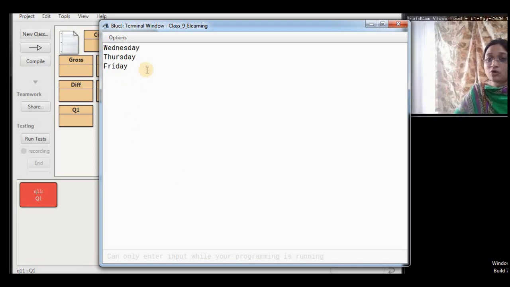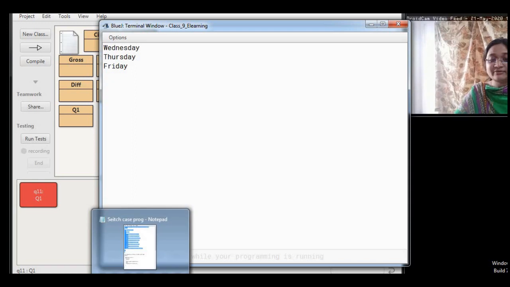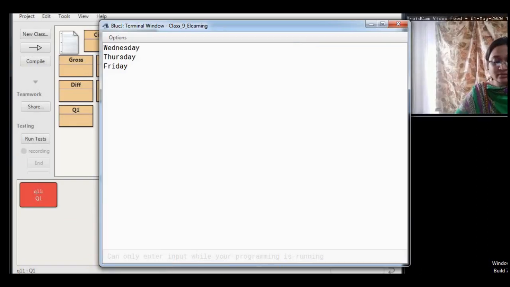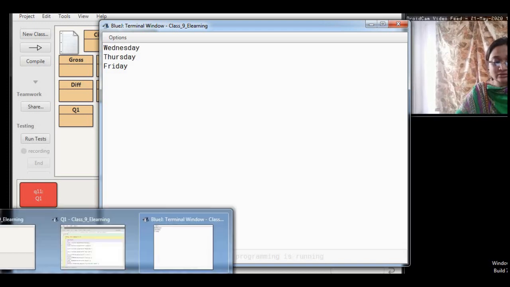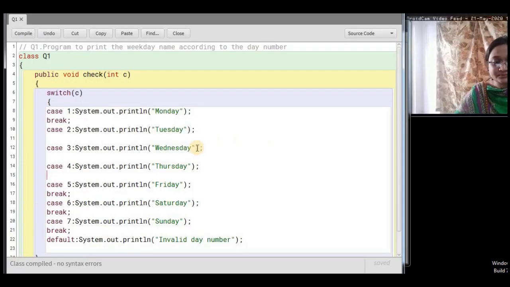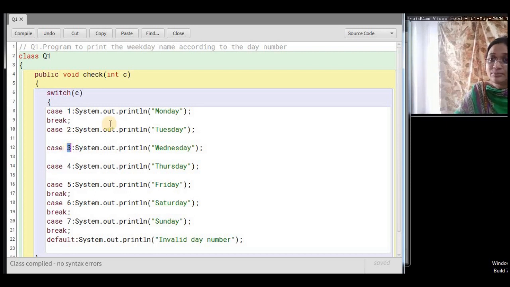Why is it printing all these 3 names, though I have given the case number as 3? You see the code, you will understand. I have removed the break statement from 2 onwards, and I am giving the day number as 3.